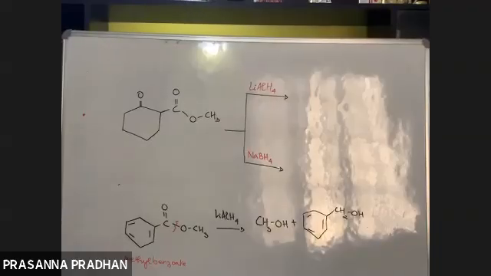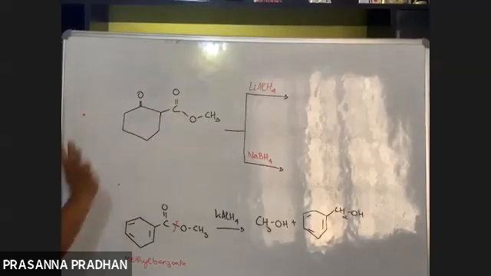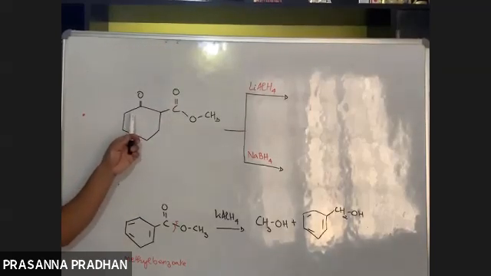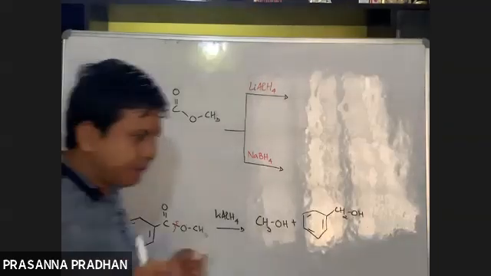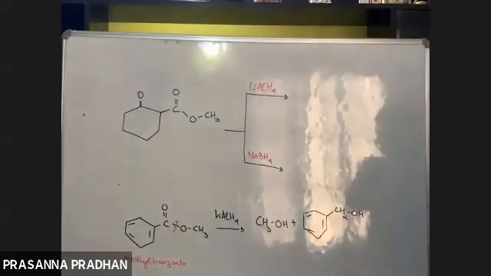2. Very good. What are the 2 functional groups? Ketone, very good, and ester. What happens when ketones are reduced? 2 degree alcohol. Excellent. If you remember all these things, you can solve any problem.